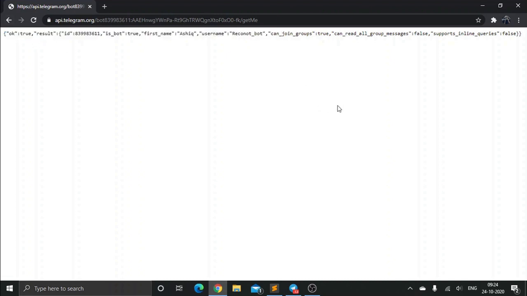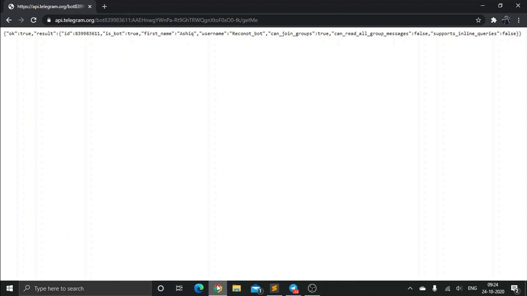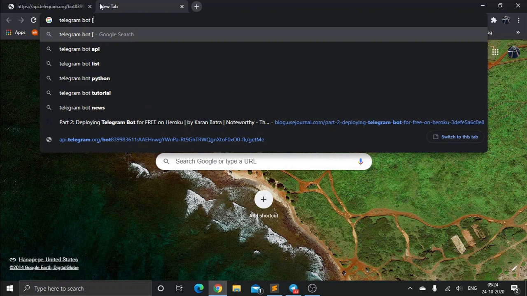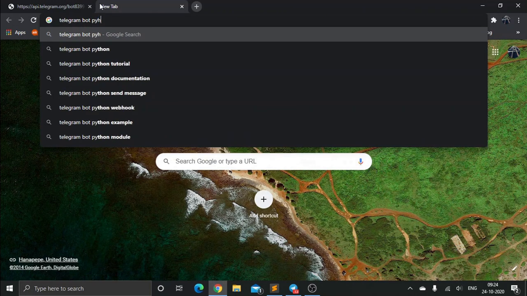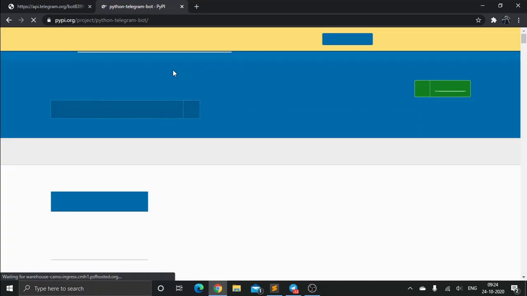Now there are two ways to build your bot with Python. I work in Python, so this is my way of doing it. The first is you can directly query the web API, or secondly you can use the Telegram bot Python module, the PyTelegramBotAPI module, which is known as Telebot.